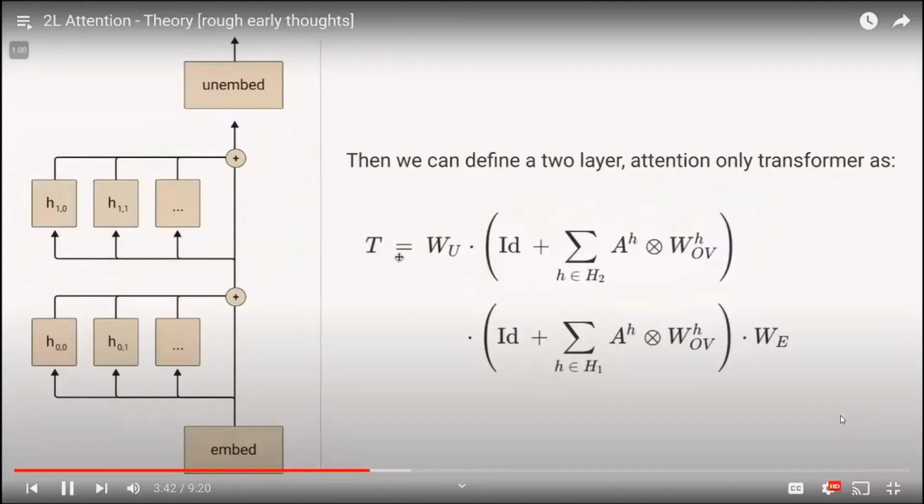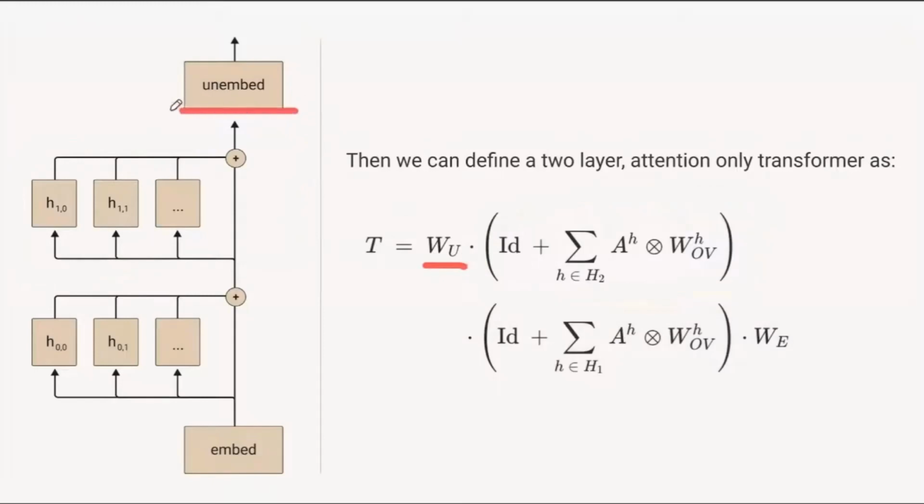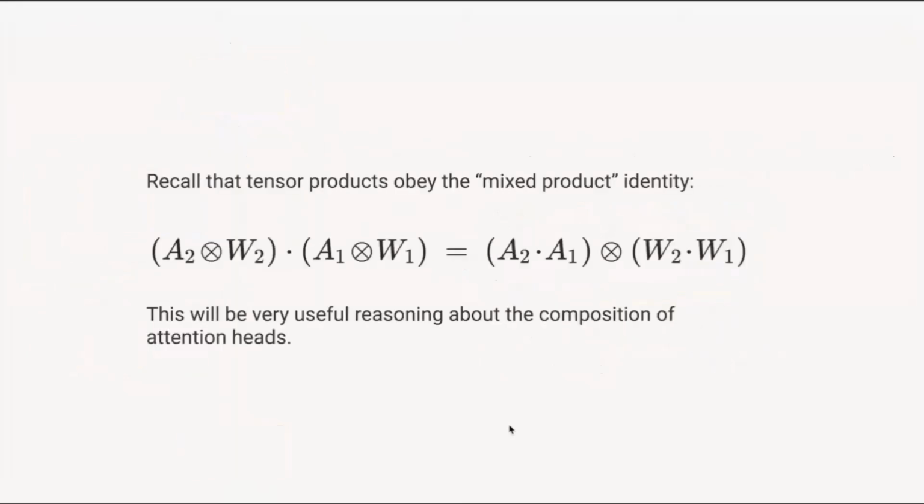And then finally, we have our good old unembedding. Now, even though this is an easy way to go and describe it, we'd like to expand this, because expanding it will give us, I think, a more helpful way to think about the actual mechanics of the system. And we're going to take advantage of this really nice property. We implicitly talked about it earlier,